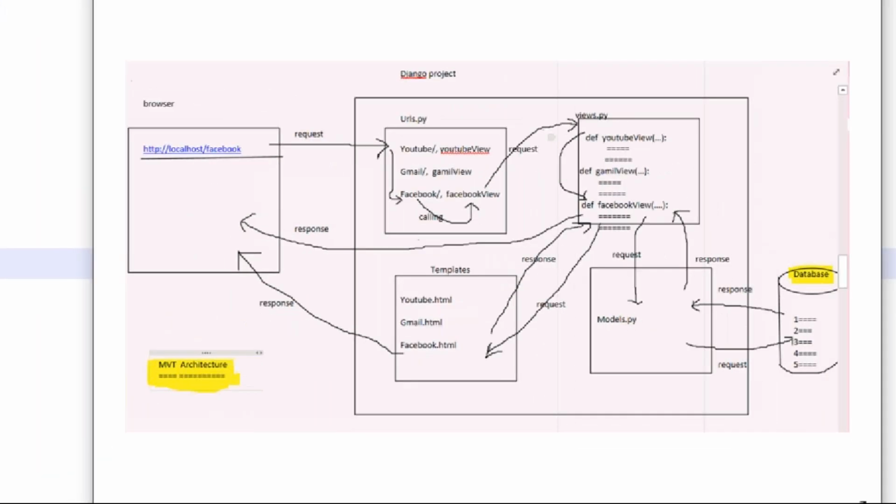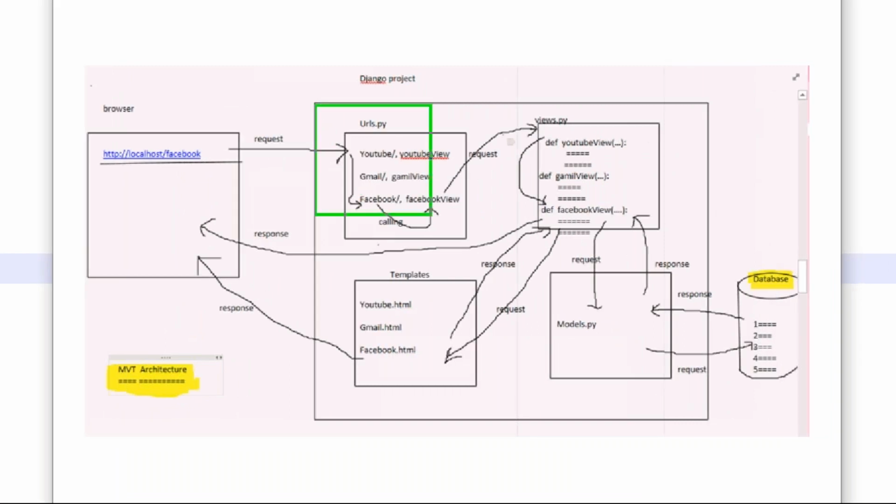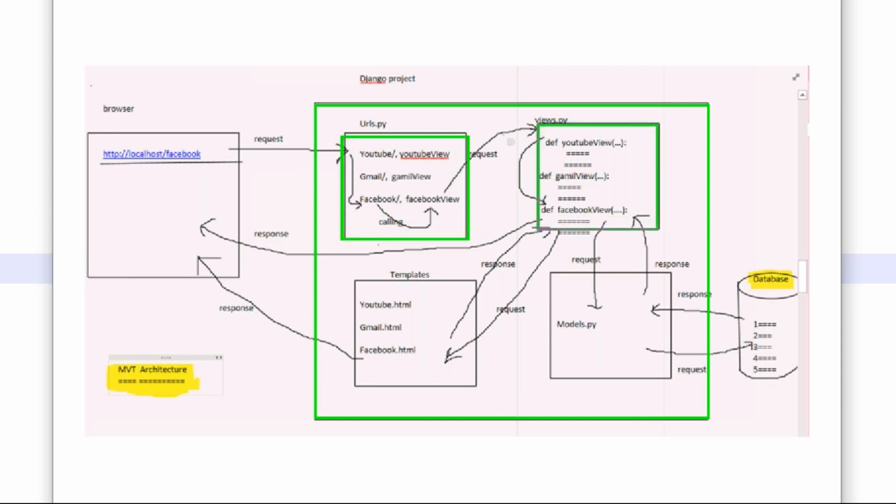This one. So now you can see, guys, I told you this. This entire thing is a Django project. Here URLs we write in urls.py. In views.py, views we write. And in models.py, model code we write. How to write model code, I'll tell you in a separate section about models. Just remember, in the templates folder, HTML files we write.